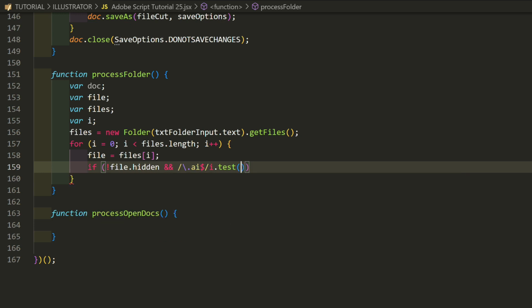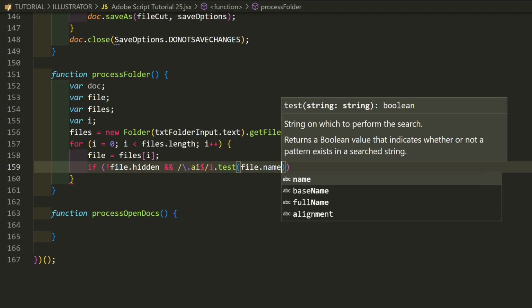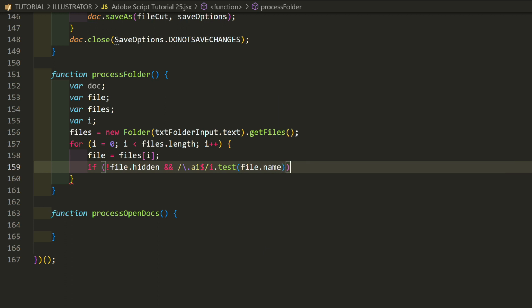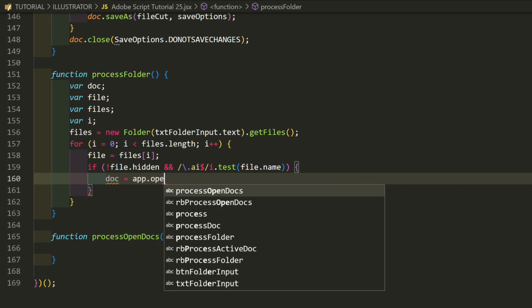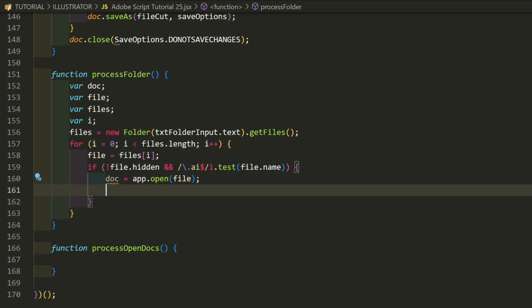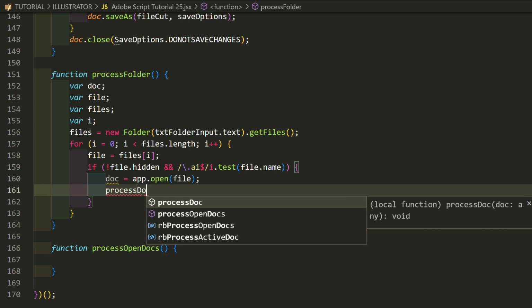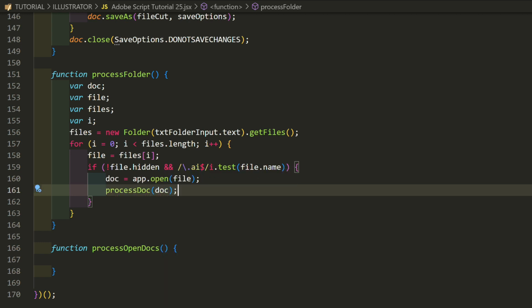Pass to the test method the file name. If the file isn't hidden and it ends with .ai, the result is true. Open the file and process it. Doc equals app open file. Process doc. That's all we need here.